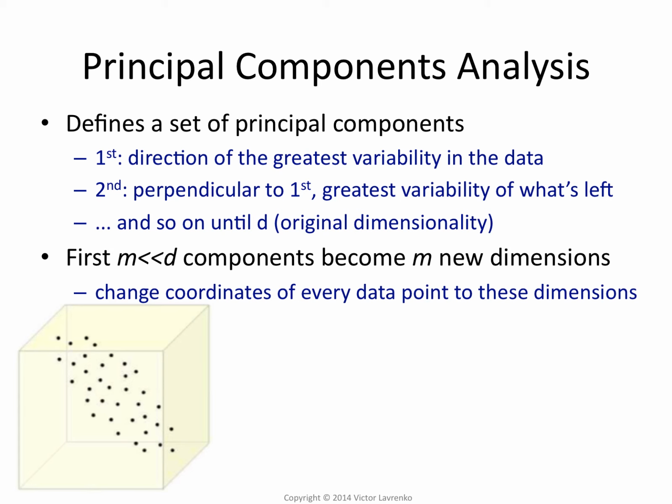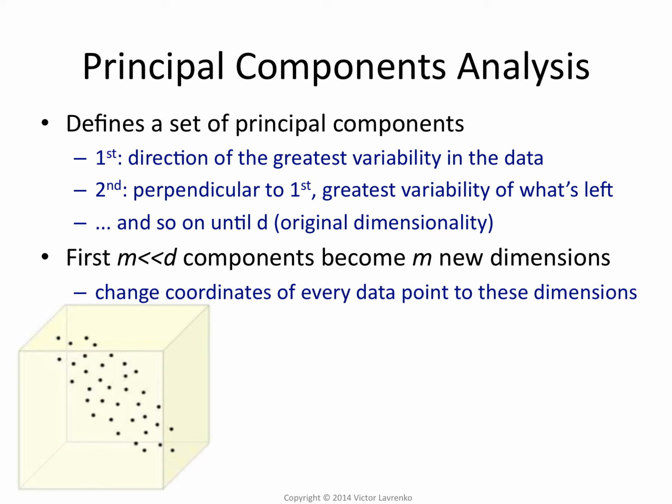Last lecture, we started talking about dimensionality reduction. Remember, you're trying to take your high-dimensional data with a large set of attributes and somehow represent it with a smaller number of attributes. We started talking about this technique called PCA, Principal Components Analysis. So the basic idea behind that technique, again, remember, we suppose that we have our low-dimensional data embedded in a